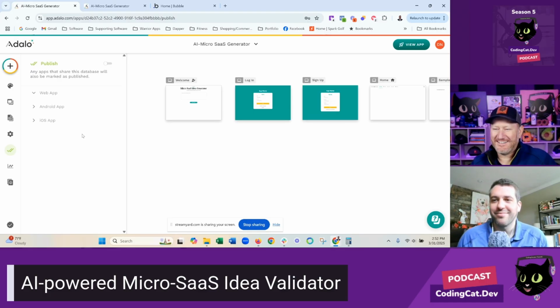So yeah, I bet. Do the Android and iOS apps break down into native, or is it just kind of putting a wrapper around a web app? No, these are not wrapped, at least on Adalo. These are native applications. Interesting. Wow. Yeah, that's cool. So that's why I really like this platform a lot better.